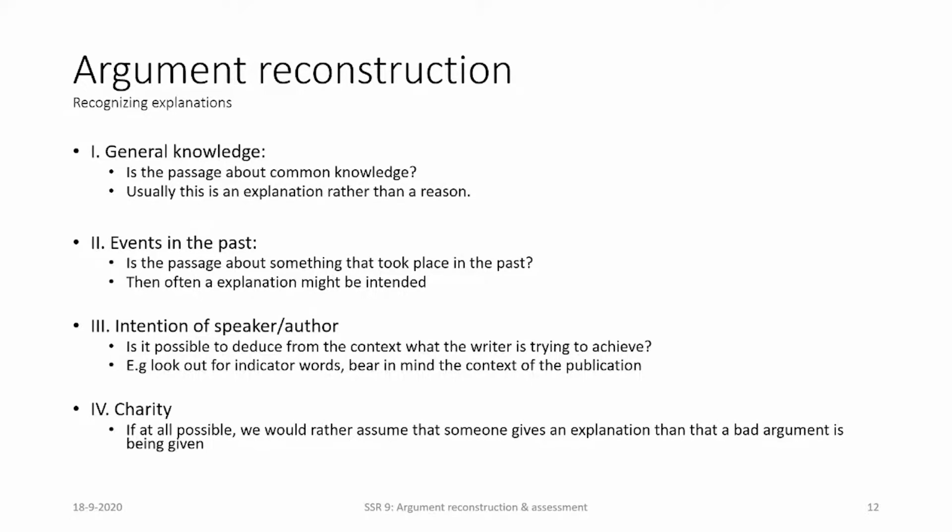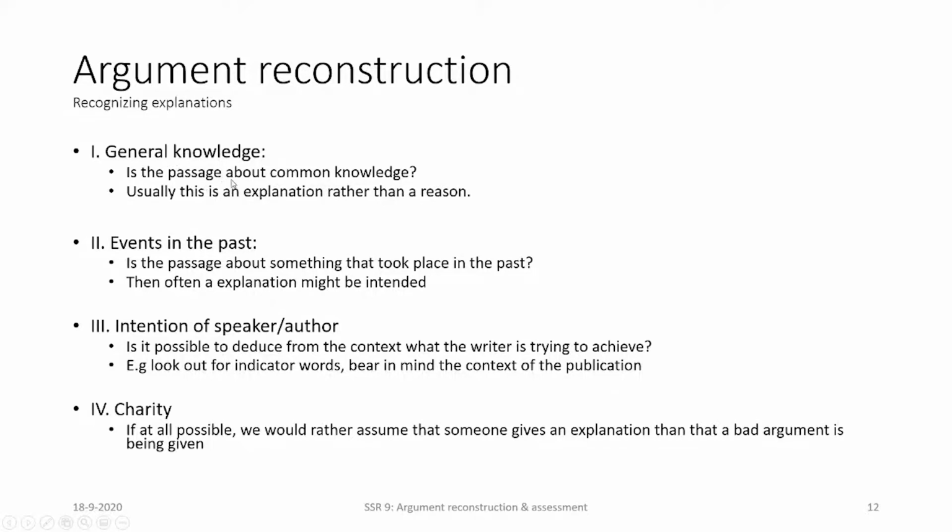One is whether the stuff that's being said or written is about general knowledge. So is the thing that you're reading about, and you're doubting whether somebody is giving an explanation or an argument, about general knowledge? Is somebody trying to give a reason why the sky is blue, for example? Then we're talking about general knowledge, and if you're in doubt, you could better decide in such cases that somebody's trying to offer an explanation, because everyone knows the sky is blue, so it's more likely that somebody's trying to explain to you why that is the case than to argue that that is the case. All right, so that's one